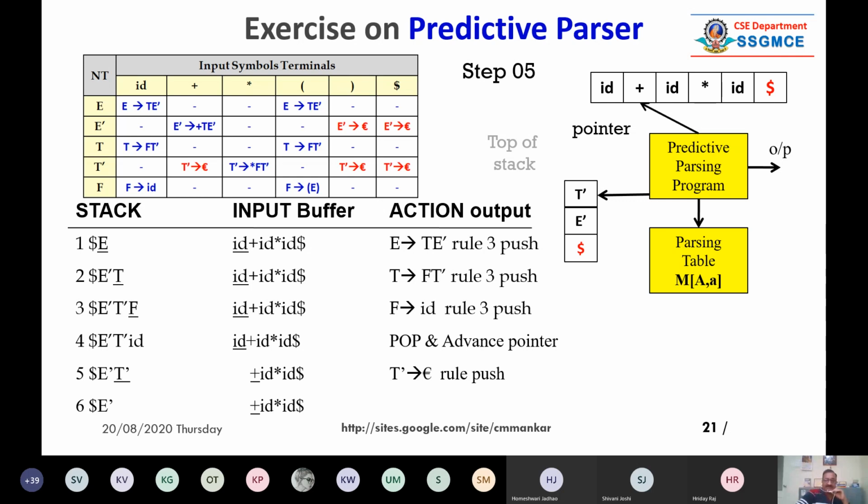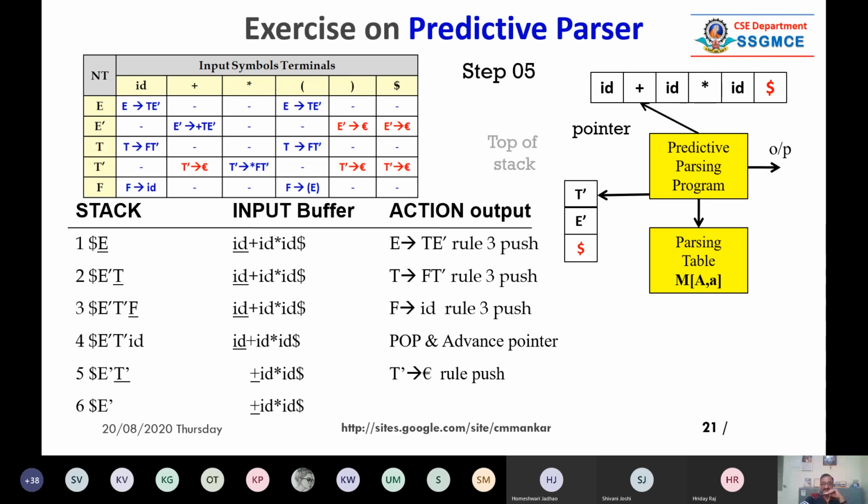See, I'm not deleting the elements in the actual buffer, whatever. This is only for understanding. But in the case of this table, 1, 2, 3, 4, 5, whatever is below the parsing table, here we are removing that entry from the input buffer. Actually, we are removing it. But here, only for understanding, I am keeping that entry on the yellow diagram. So see here, what is happening?